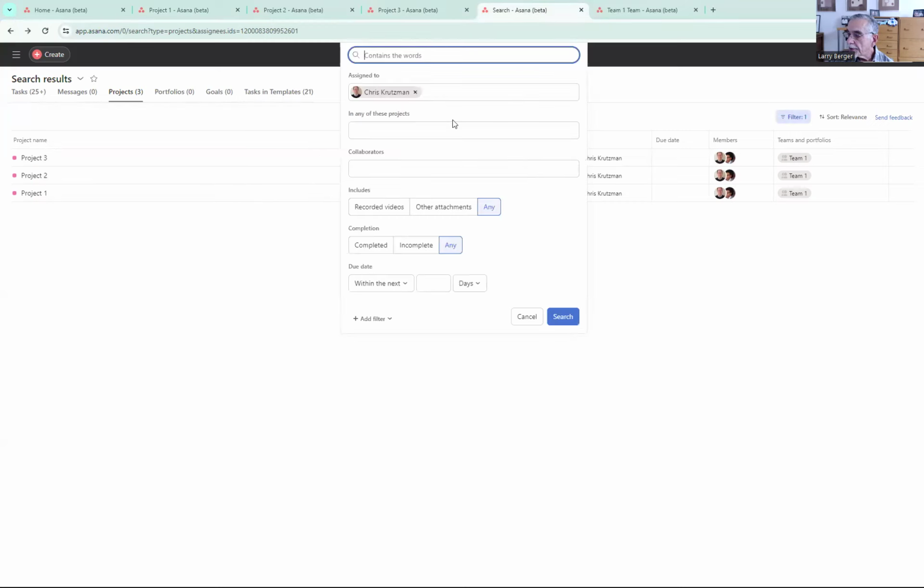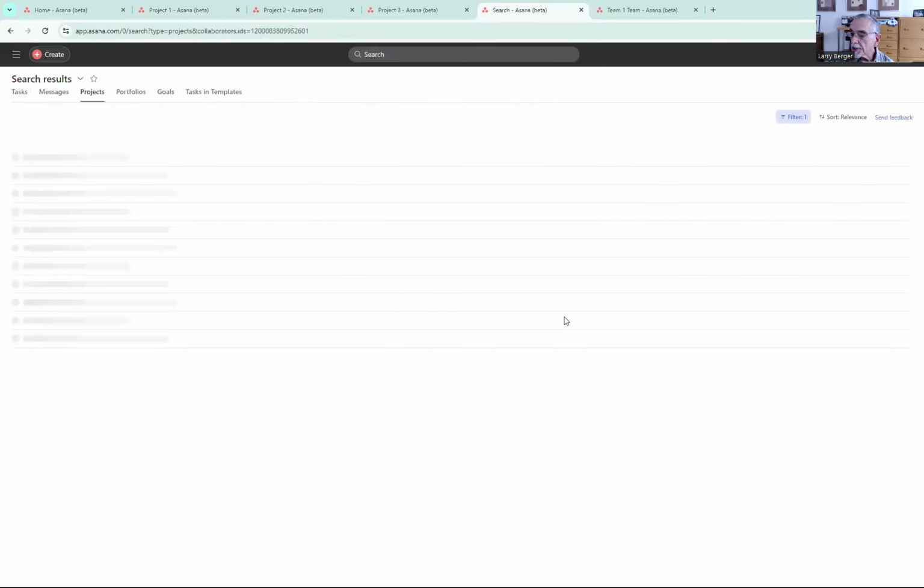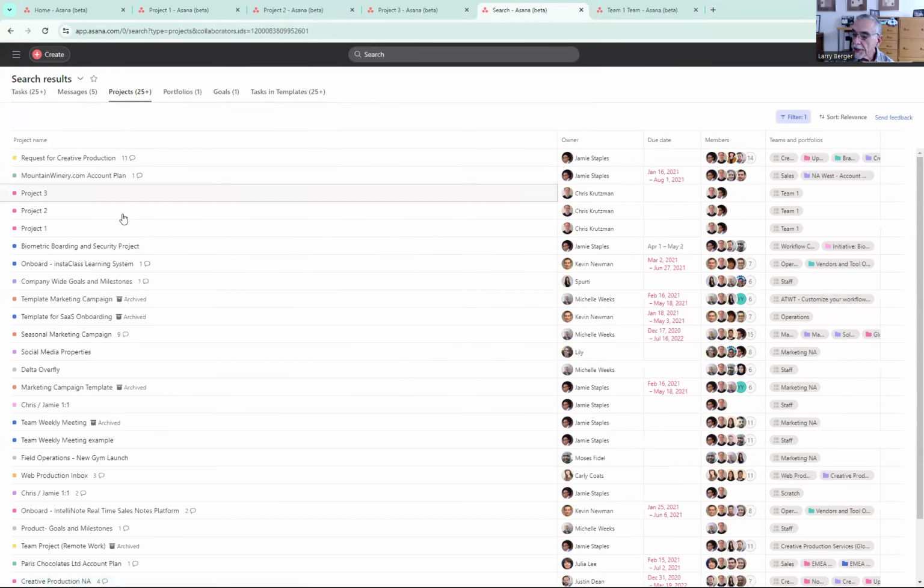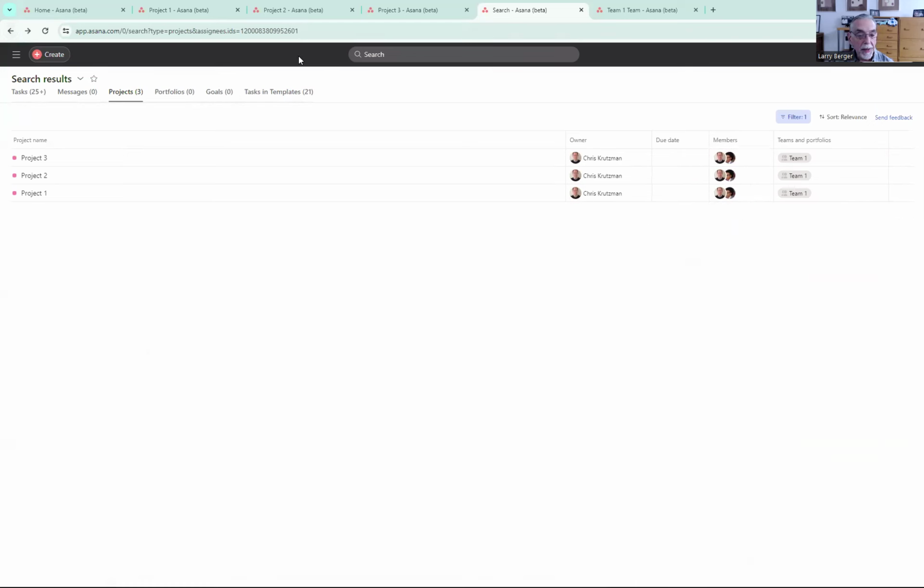The other thing you could do is, instead of looking for the owner, so the assignee when you look for projects is actually the owner. But if you put your own name or anybody's name here in collaborators and you search and click projects, it's going to show any project, not that that person is an owner, but that person is a member of the project. So that's going to be a much more vast list, but that's a way to find out, at least for that person who you think might be an admin, if they're a member of the project, and then check if they're really an admin, and if that's in conflict, and you can go fix it that way.